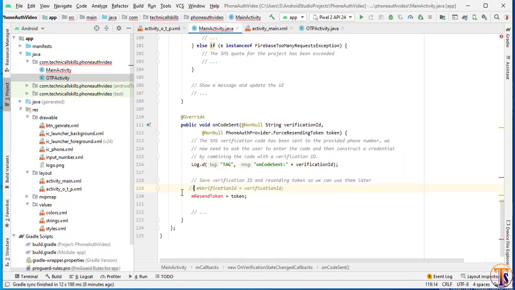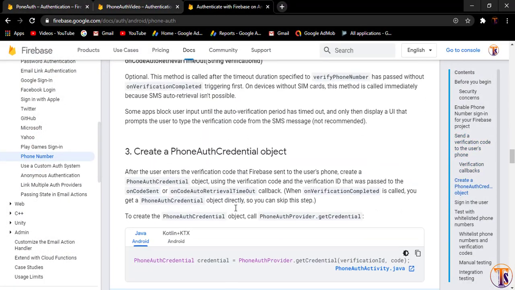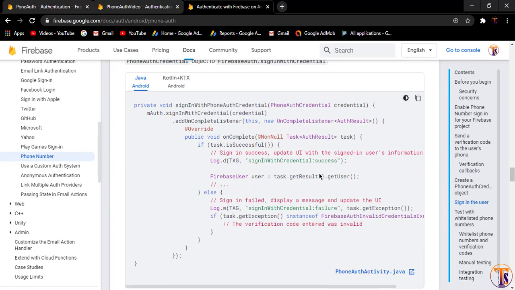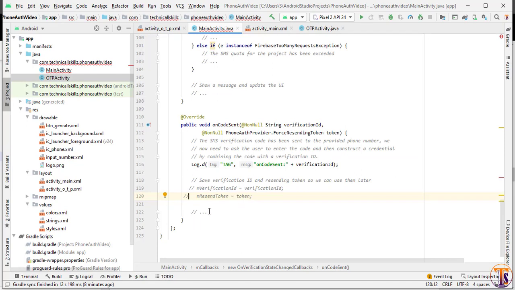Okay, we will hide this. Now we will copy another method, so scroll down, and here we will copy the last method. Just copy this one and go to the browser, again Android Studio, and here we will paste this method.